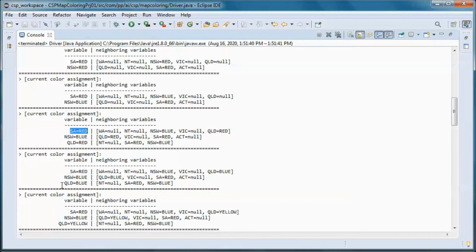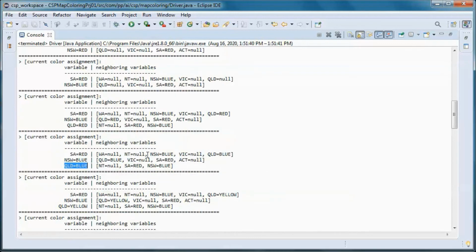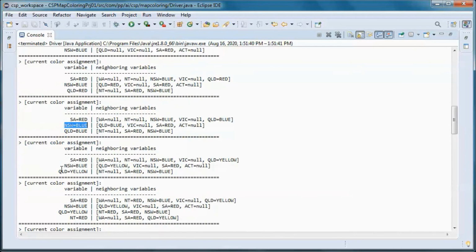So we assign a different color to this one, and we also cannot do that since now those 2 states have the same color. So we assign this one this color, and now we are fine since those 2 states have different colors, and those 2 states also have different colors.